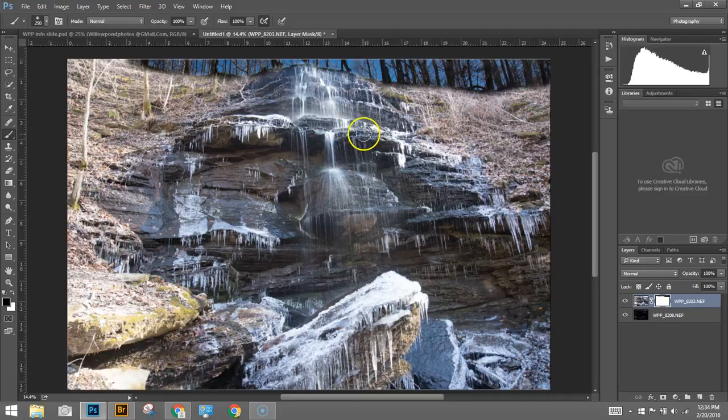But it still just doesn't jump out. It's just a waterfall coming down. The water's still blown out. The ice is blown out. And we don't have a great contrast between this outcrop and the sides on each side. So we're going to paint those. Let's take the opacity down. We'll go to about 40% to start with. And let's paint those